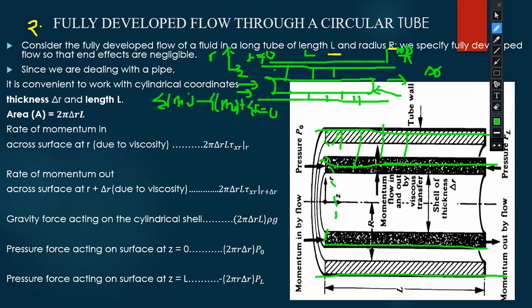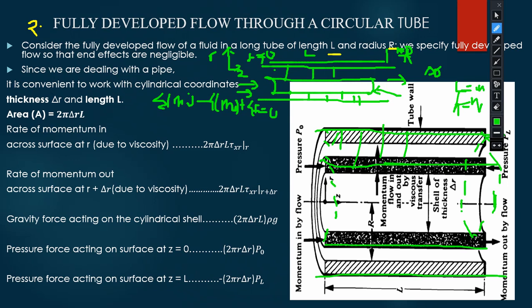So if it's a hollow cylinder with two ends open, then the area is going to be 2 pi r h, and our h here is the length, which is L, because h is measured in meters and L is also measured in meters. So 2 pi r L rather. If that is the case, then let's derive the equations for momentum flow